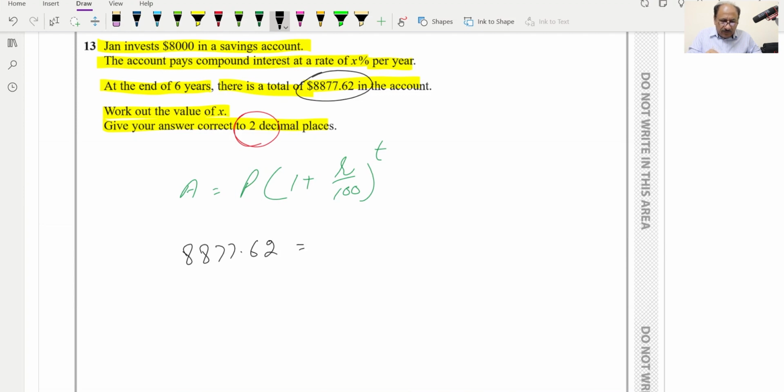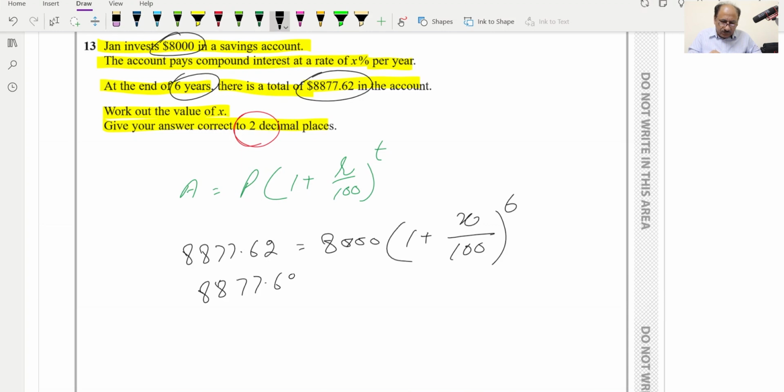The principal amount is 8,000, so we can write here 8,000 and multiply by 1 plus the rate, which we don't know, we have to find, and it is x basically. So we can write x over 100, and raised to the power time duration, which is 6 years, so this will be 6. Now we can simplify, 8,000 we have to shift to the other side first, so it will be